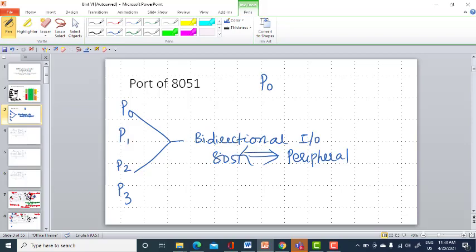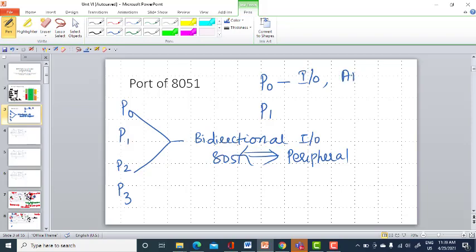Along with this input output function, the ports P0 and P2 will perform additional functions. P0 will do an additional function along with input output.